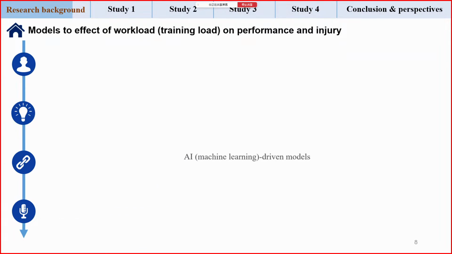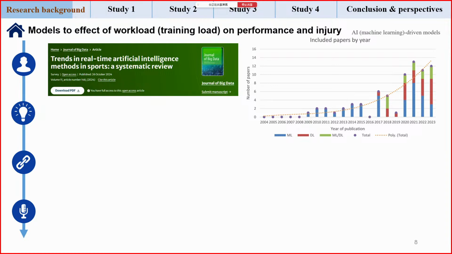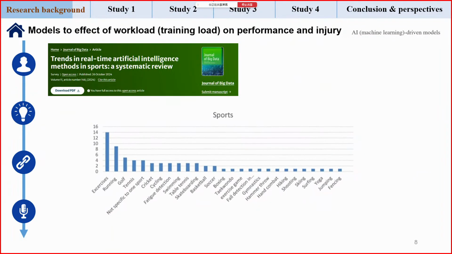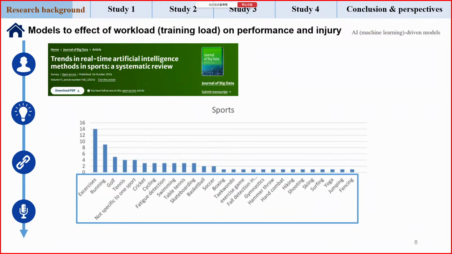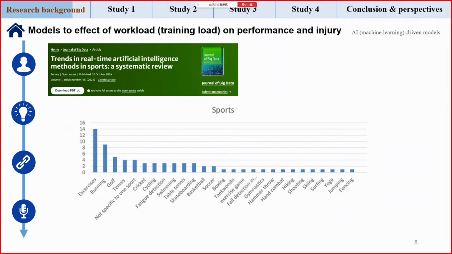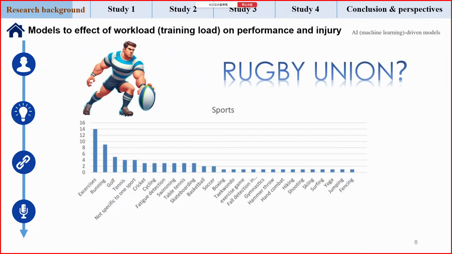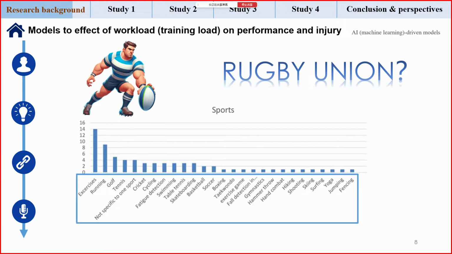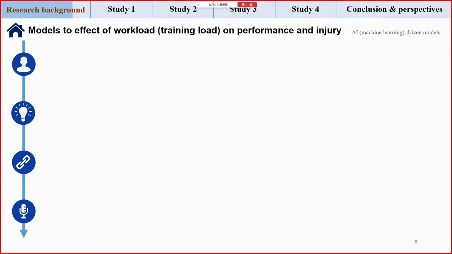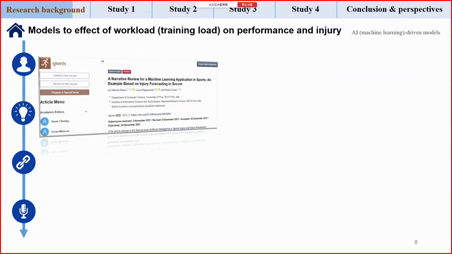Currently, research has evolved from the initial Bannister's theoretical model to artificial intelligence, or AI-based models. In recent years, the application of AI in sports has become increasingly widespread, with the research involving soccer, basketball, running, and other events. However, there is still a lack of research in the field of rugby union. Taking soccer as an example,